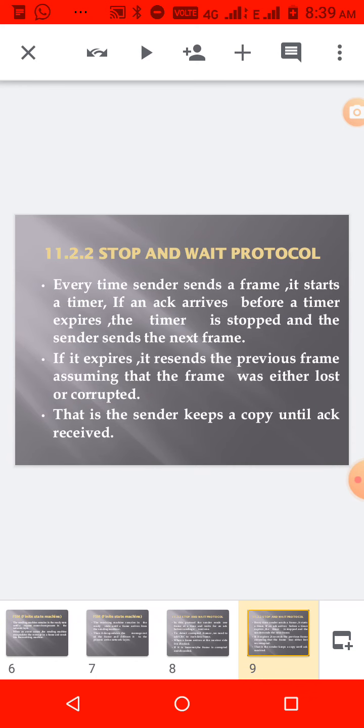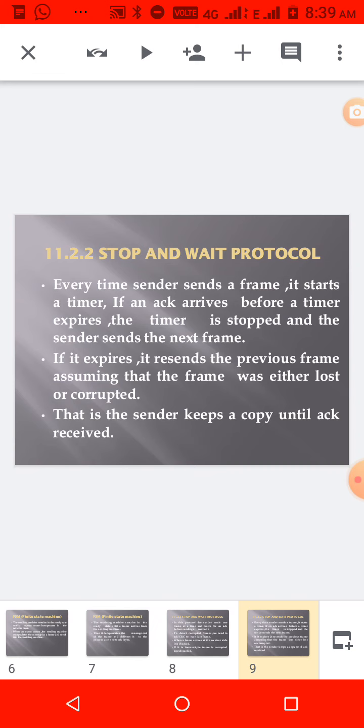And what a sender will do in stop and wait protocol, it will set the timer first. Before the time limit is over, if it receives acknowledgement from the receiver, then it will think that the data is properly reached. Okay, if it doesn't receive the acknowledgement, or if the timer expired, it will again send a copy of the previous frame. That's only happening in stop and wait protocol. It will start the timer, then only it will send that frame. If the timer expires, then it will think that maybe the frame is corrupted.